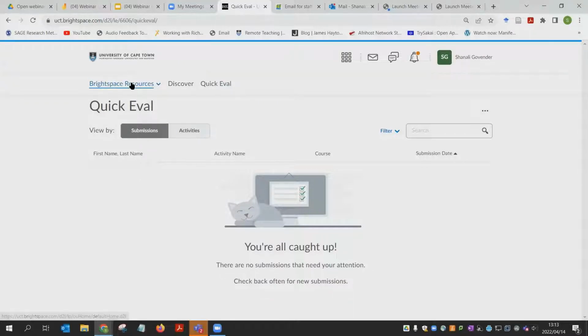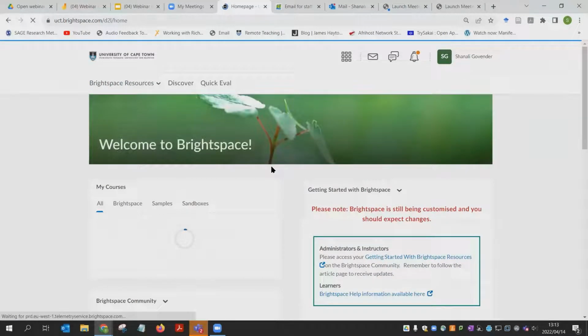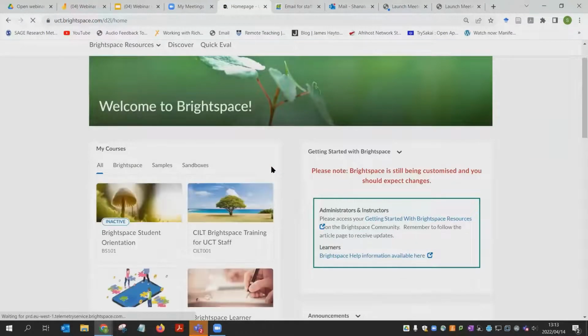Let me head back to the Brightspace main space and show you courses again. We'll be able to change it. No, Chris, we've asked about that. The recommendation is, because of the resourcing and the changes downstream, that we should be careful about renaming things where possible. That said, one of the things I'm going to ask you to do towards the latter part of today's session is to add to